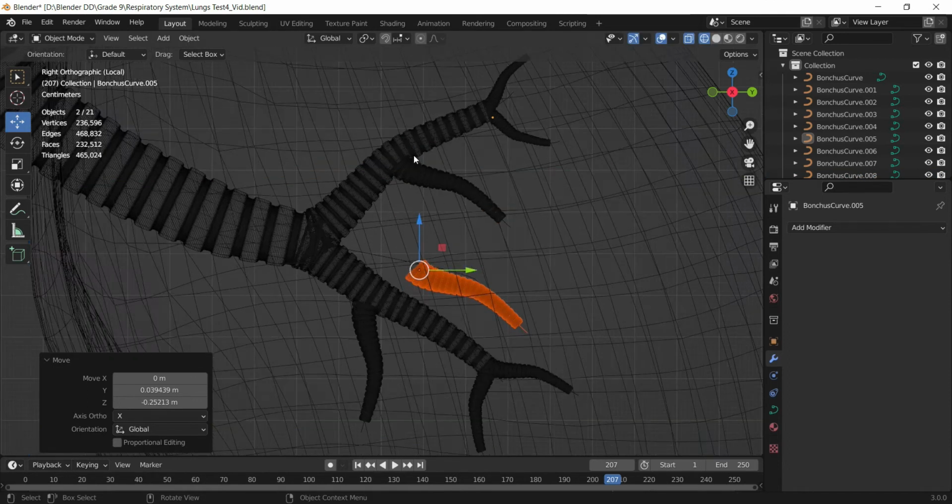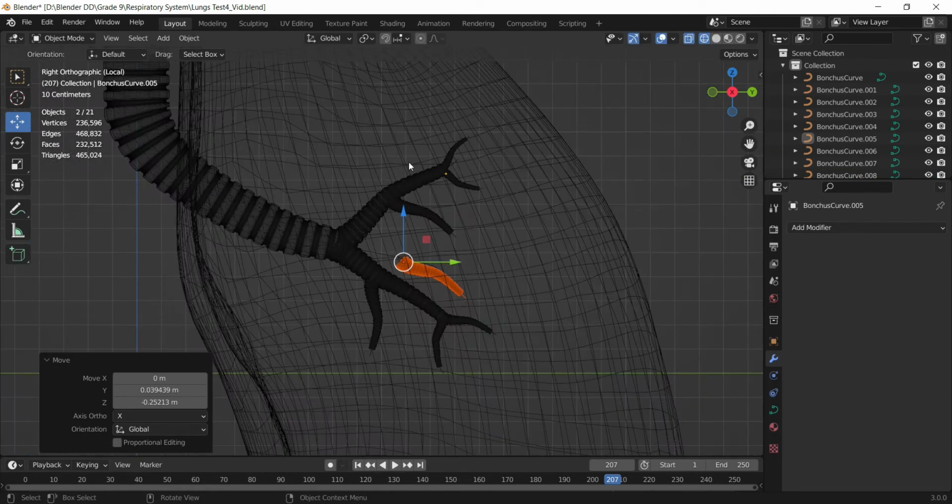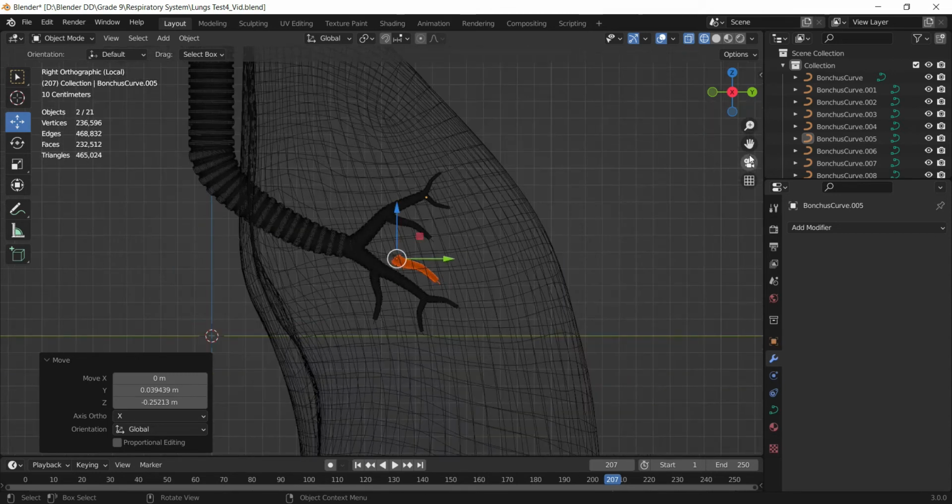So just going to add some trachea to these two branches, and then I'm going to stop, because again, see,